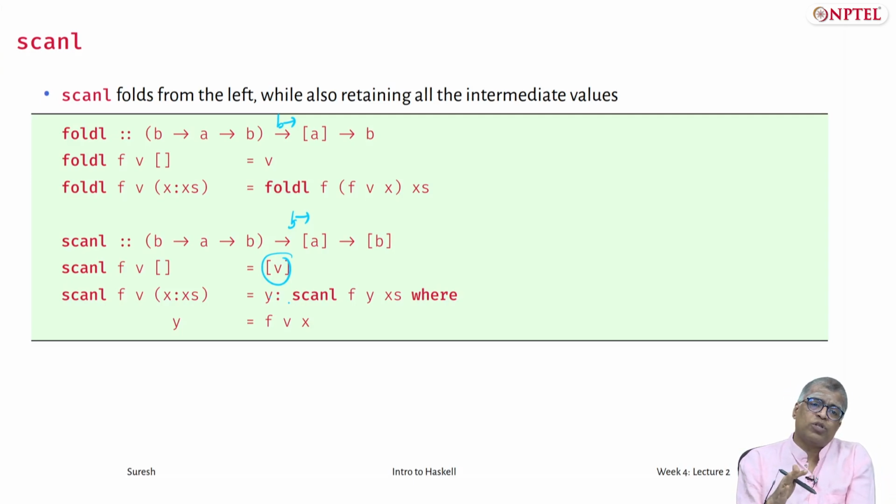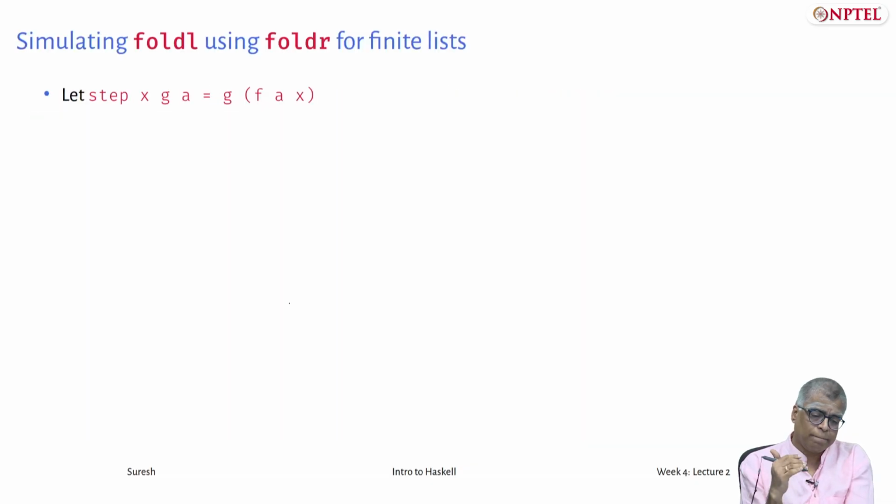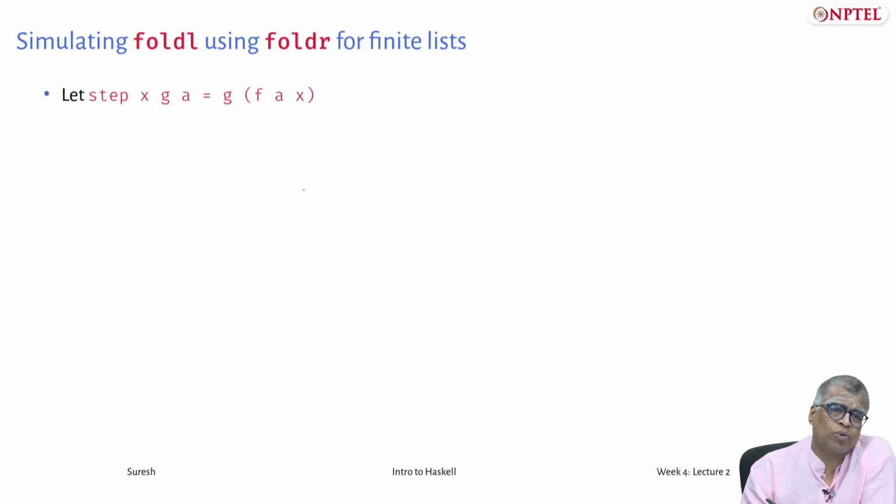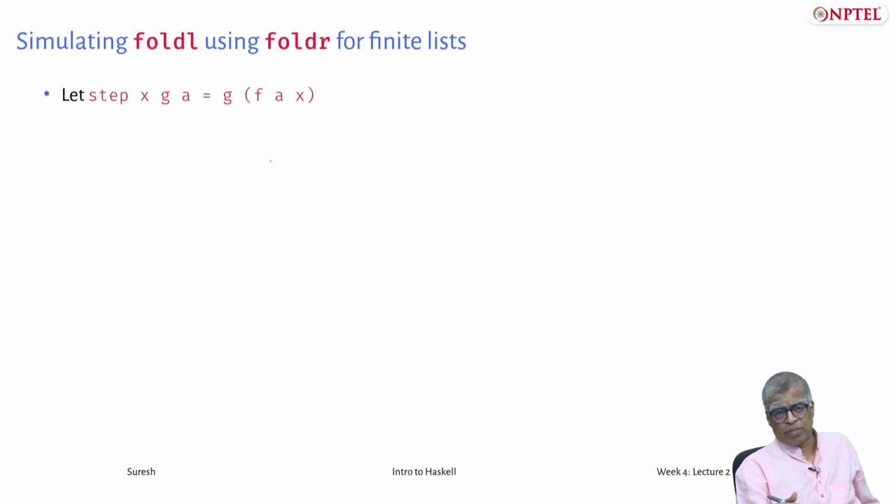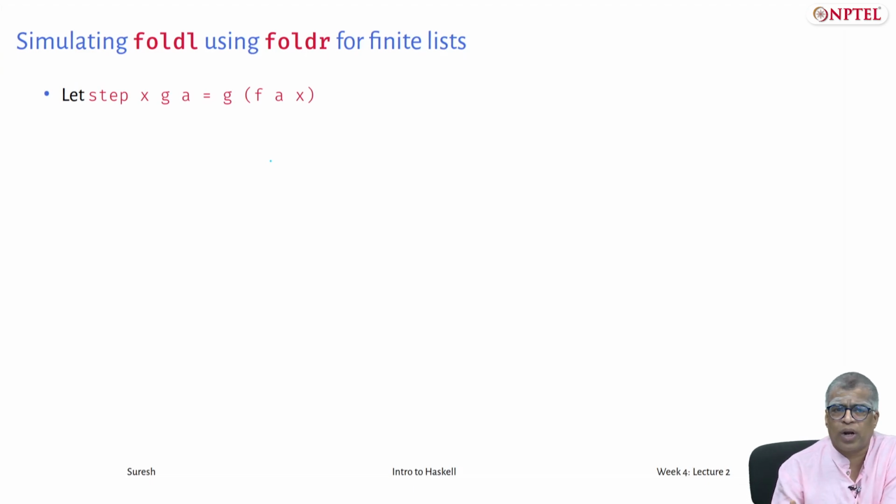So, this concludes most of the important bits regarding folds and scans, regarding foldr and foldl. Finally, we will just do an exercise to illustrate the power of folds, but also to see how Haskell lends itself to easy reasoning about programs, just equational reasoning, just like you would reason about algebraic identities, let us say.